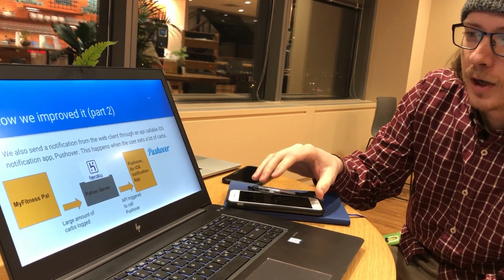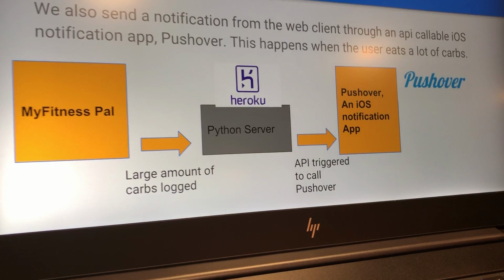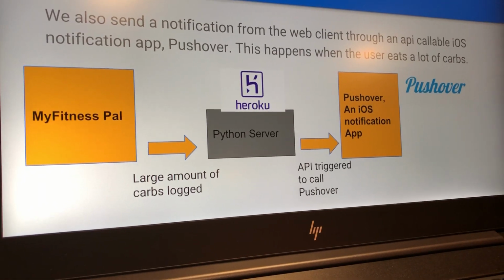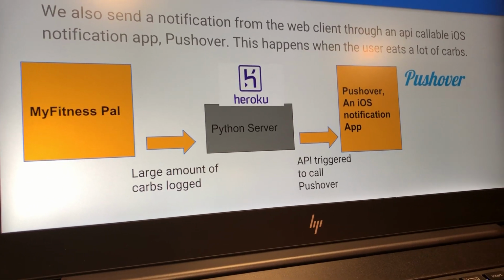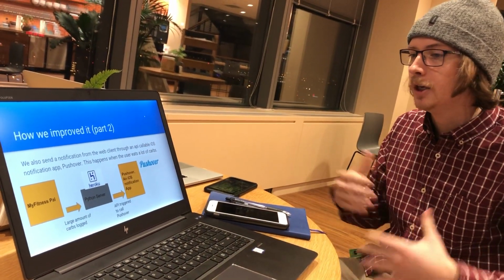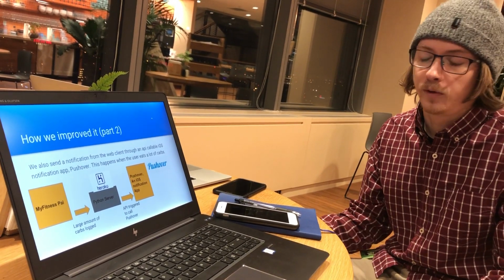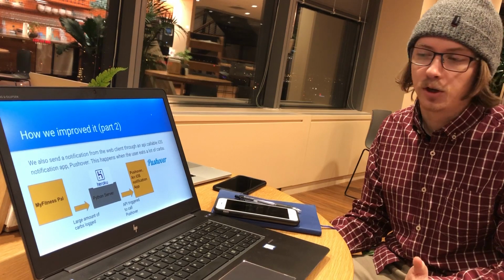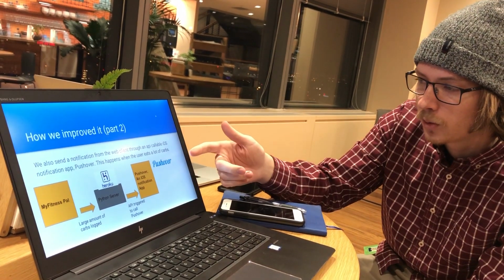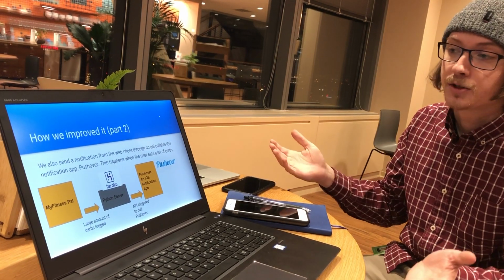The idea is to be able to have it hosted on Heroku. We're still working on that. Obviously, we had to do this after work with a limited amount of time, so that's still a work in progress right now. And then the one feature we added was if you were to eat, at least for this example, just a large amount of carbs, we want to send you a notification that, hey, you ate too many carbs. And what we used is Pushover, which is an iOS or Android app